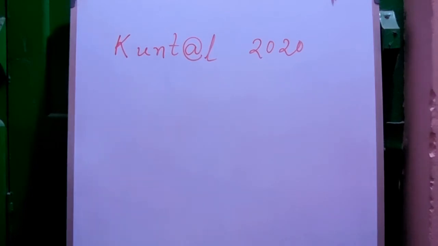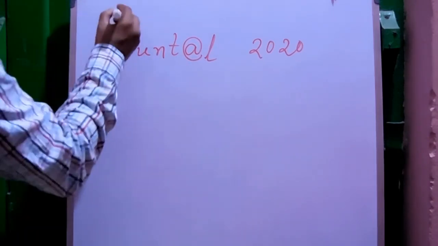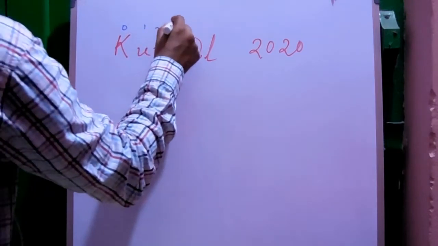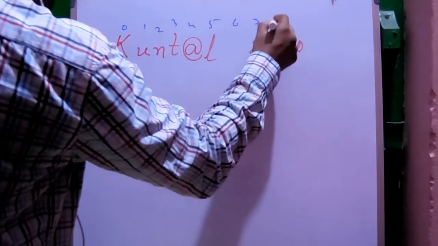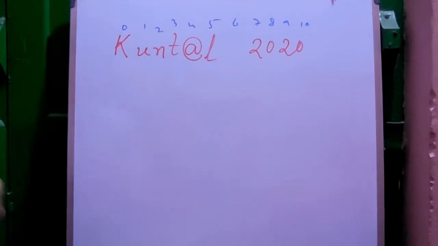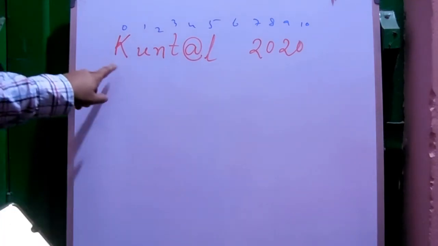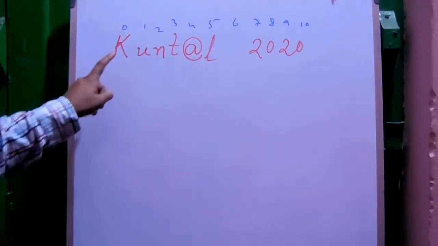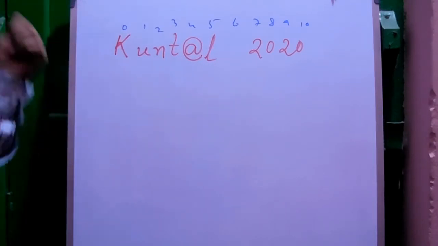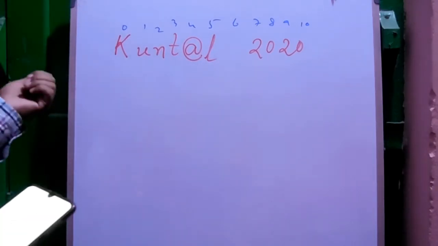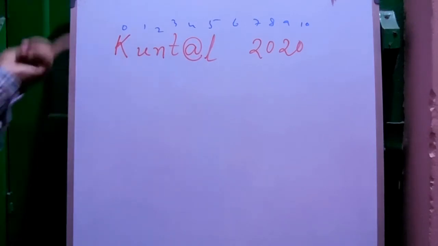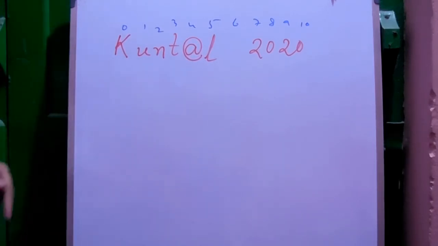So we will see the index-wise positions 0 1 2 3 4 5 6 7 8 9 10. Here we will do the same thing we did in the last program. After taking the input we will first extract the 0 position, then check whether it is capital or not. If not, then we will check whether it is small or not, and so on in the else part. If yes, then each and every time we will increase that particular counter.